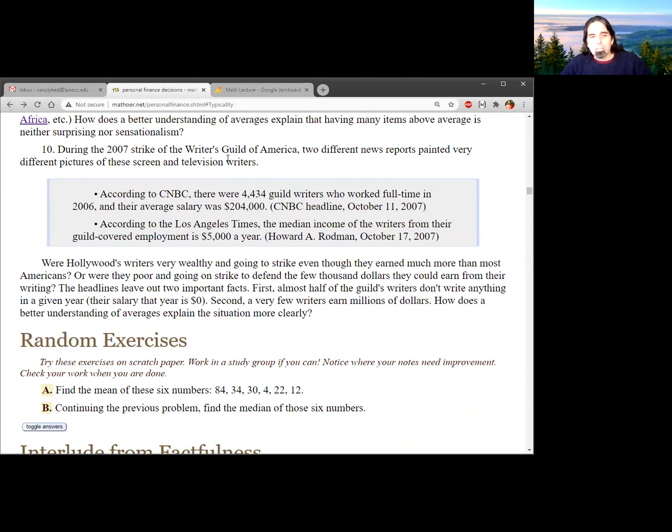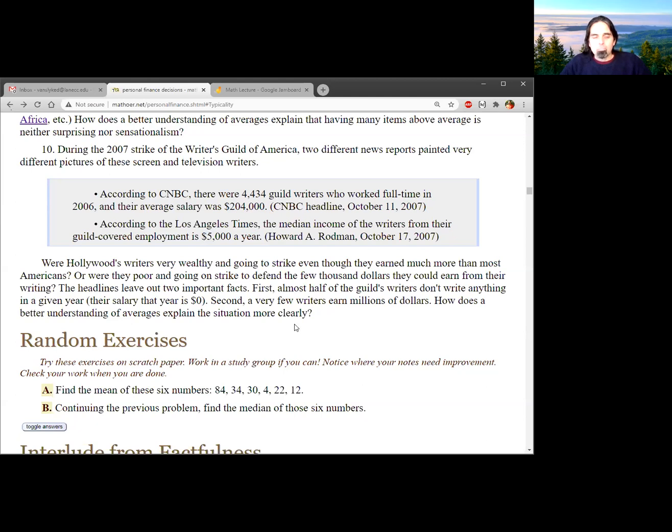And then number 10 is there was a writer's strike in 2007. And according to one report, there were a bunch of guild writers that worked full-time and their average salary was big. According to another report, the median income of the writers from the guild was only 5,000 a year. These people were poor, and of course they needed to strike. So what's really happening here? Think about what we learned with mean and median and